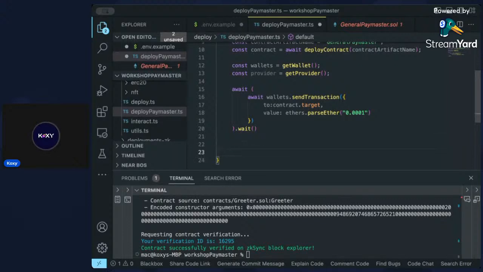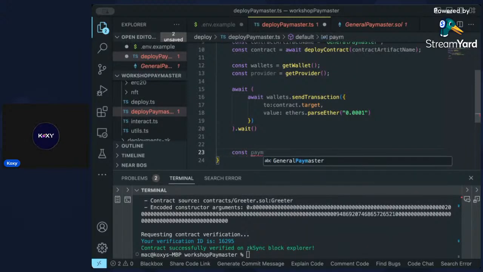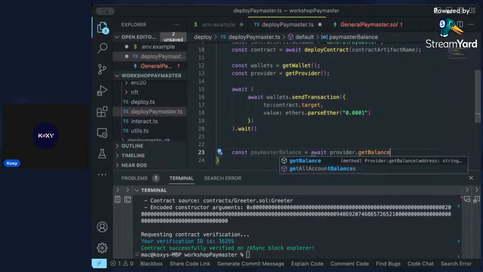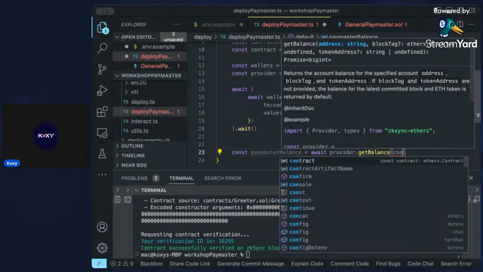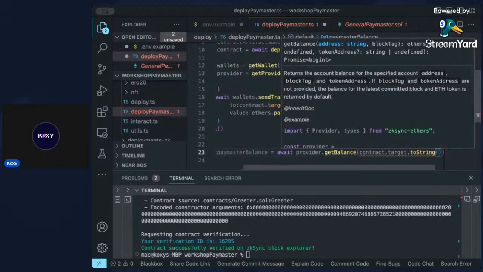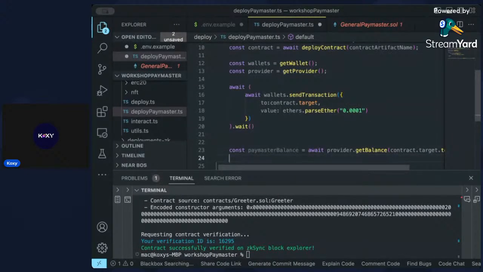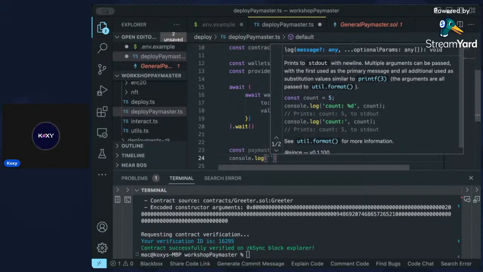Next thing we want to do is check the balance of the contract after it has been deployed. So we're going to create a variable for that. Paymaster balance is equal to await provider dot get balance, and also the contract dot target, and convert this to string using the dot toString function. And yeah, we want to console log this so we can see it on our console. Console.log,